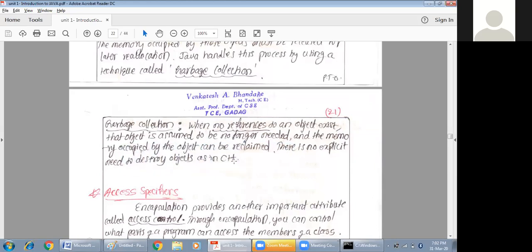In C++, if you remember the constructor and destructor concepts, the constructor will be called automatically whenever we create the object, and the destructor at the end of the object. But in Java, we need not do it explicitly. There is an entity called the garbage collector. Even if you forget to deallocate the memory or resources of an object, it will be done automatically by the garbage collector. This is an automatic mechanism available in Java.